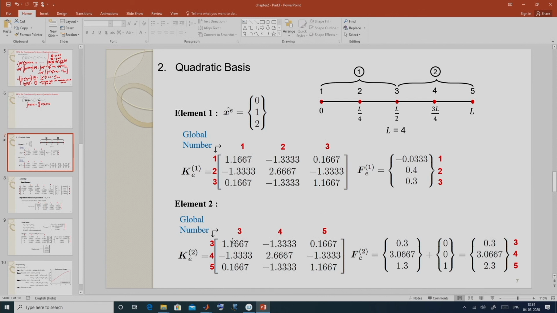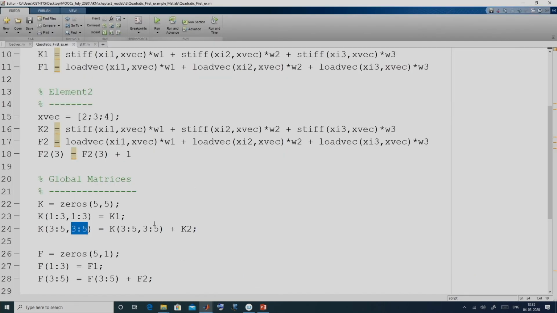K1 3 3 will be added to K2 1 1 in the 3 3 position of the global stiffness matrix. To facilitate this adding, we have added K2 with the existing entries. It is now not 0 because 3 3 has one entry from K1.